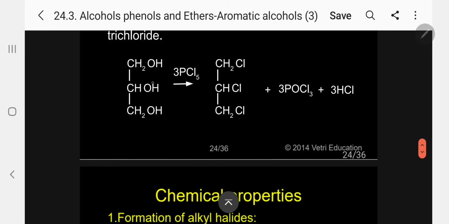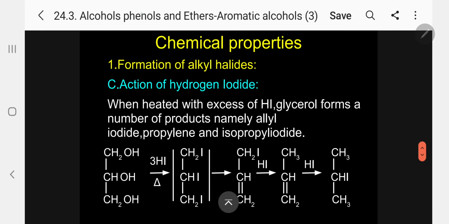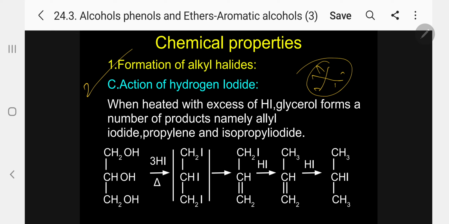Next one, formation of alkyl halides. The next is action of hydrogen iodide. This is very interesting information, normally asked. Please memorize. When heated with excess of HI, glycerol forms first a number of products, namely